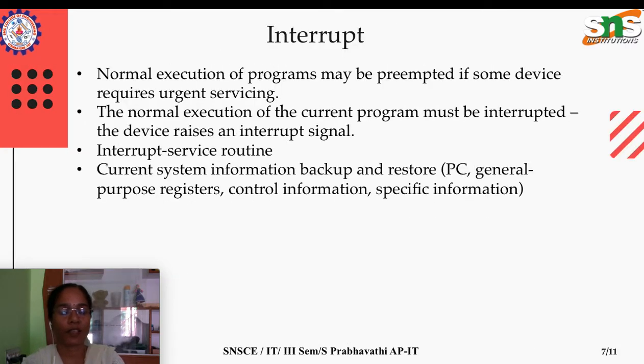And there is one more concept called an interrupt. While executing an instruction, there may be a chance of an interrupt, like something goes wrong, or a monitoring system issues a dangerous signal that needs immediate attention rather than going for the normal flow of execution. So there comes the concept called interrupt. Interrupt means disturbing the normal flow of the computer system's execution. So if an interrupt happens, what will happen?